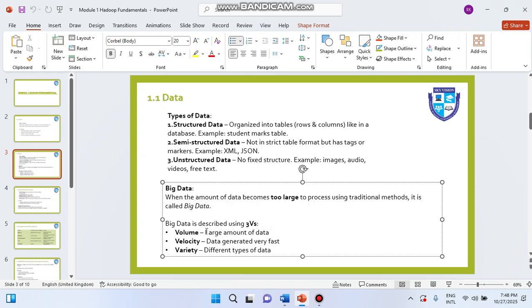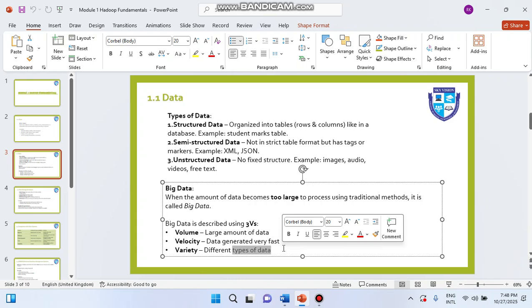Volume means a large amount of data is present; my data has a lot of volume. Then velocity. Velocity means data is generated very fast. And then variety means different types of data are present. When these three are met, we call it big data.